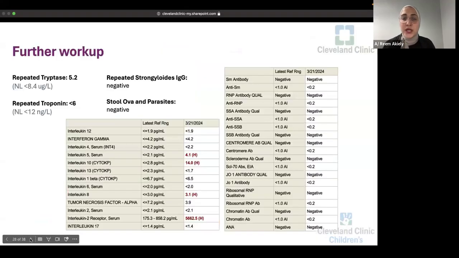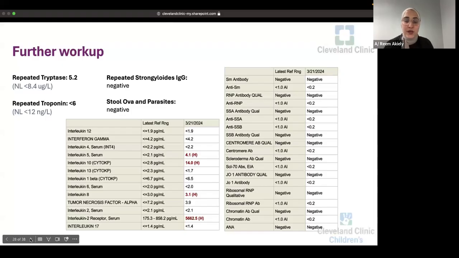Thus, the plan was to repeat the workup. We repeated the tryptase that was still within normal limits, repeated troponin to make sure we're not missing an organ dysfunction that was still negative. Stool ova and parasites was completed and was negative. Repeated strongyloides IgG was also negative. We repeated the